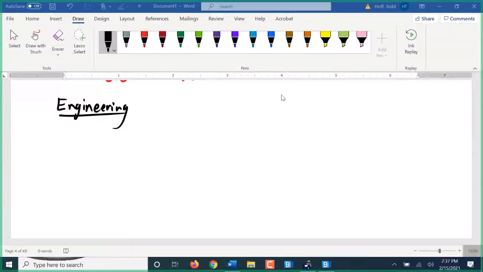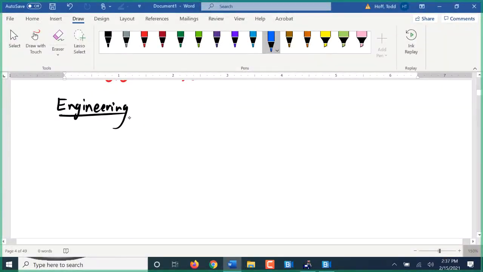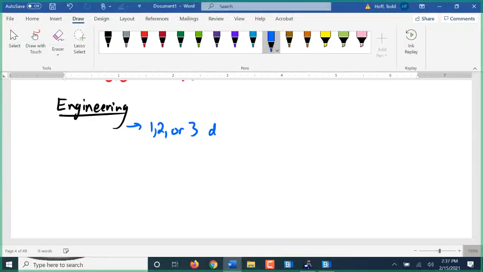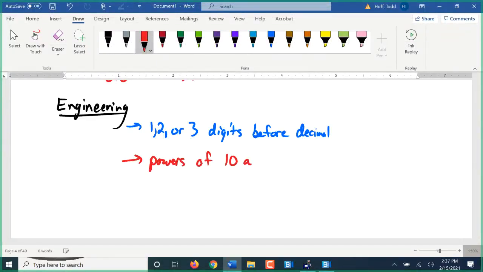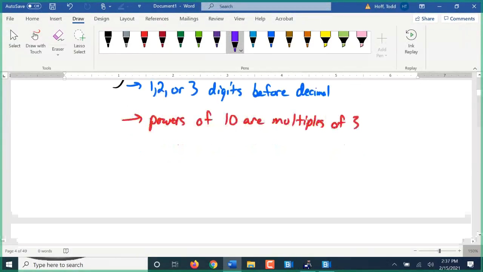Engineering notation is similar to scientific notation, only it's not limited to 1 digit in front of the decimal point. It's 1, 2, or 3 digits for the decimal. However, it is limited to powers of 10 that are all multiples of 3. What do I mean by that? Well, let's take something like